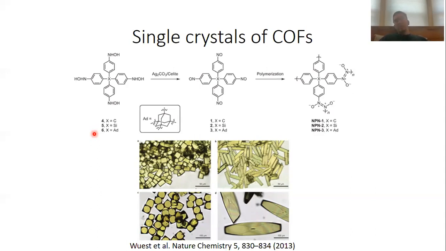So if you want to find out about the structure, you have to rely on powder X-ray diffraction data, and it's much harder to determine the crystal structure from powder X-ray diffraction data because, as we discussed earlier in the course, we have a two-dimensional projection of the three-dimensional reciprocal space when we analyze the X-ray diffraction data. So we lose information, and that makes crystal structure determination harder, and we are restricted to more simple structures.